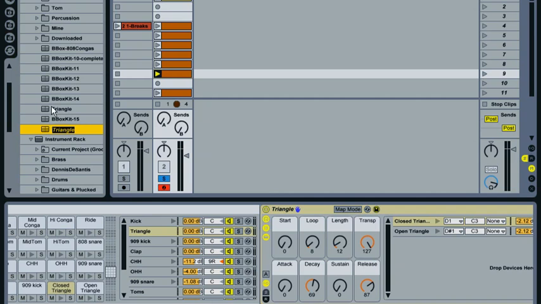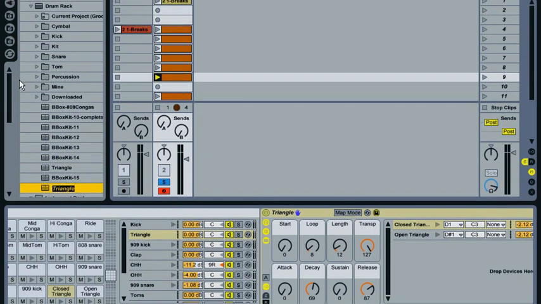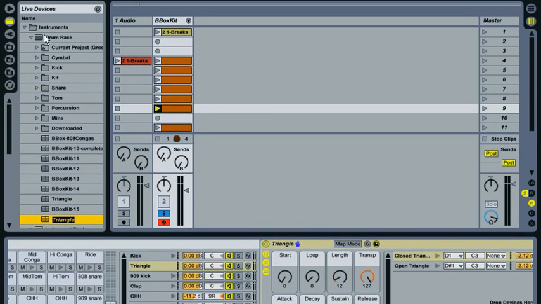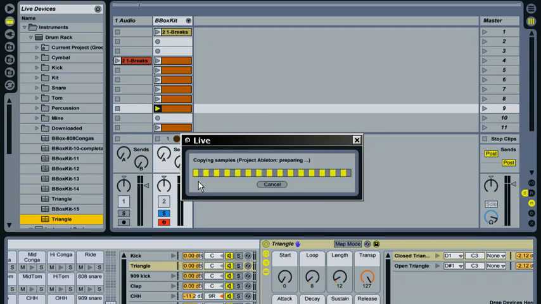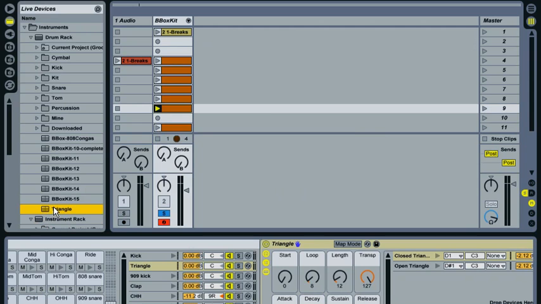And we press that and we can see now that's gone to a different area here because this is a drum rack. So that's gone into the drum rack subfolder within the instruments folder in the device browser. So let's just hit enter on that. Again, it'll say OK because I've already made one there. And I'm going to do the same again. Create, we'll call it